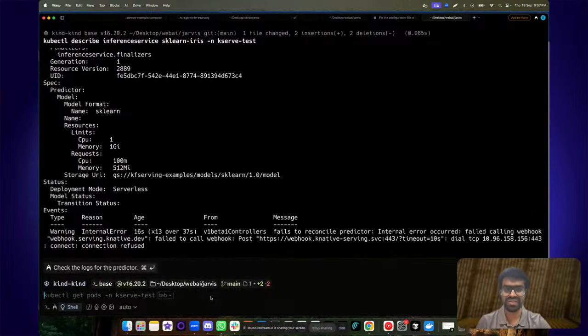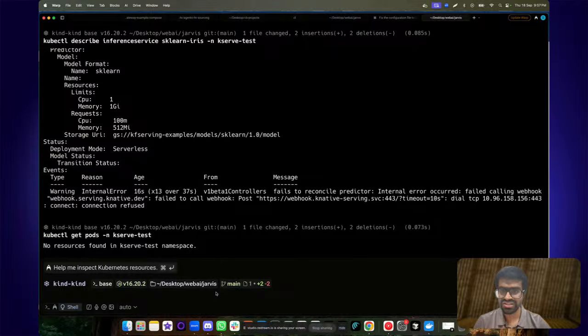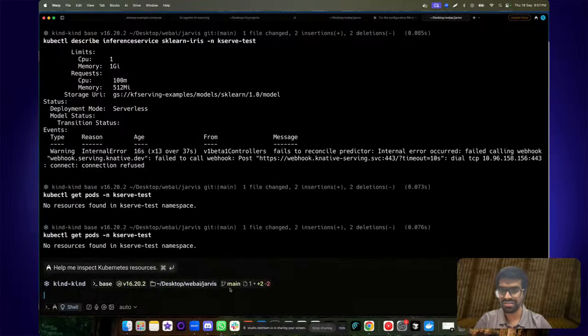Okay, so we are getting an internal server error. It's saying that connection refused, and yeah, we can see there's nothing showing up right now. If I just do a kubectl, yeah, there's nothing showing up.